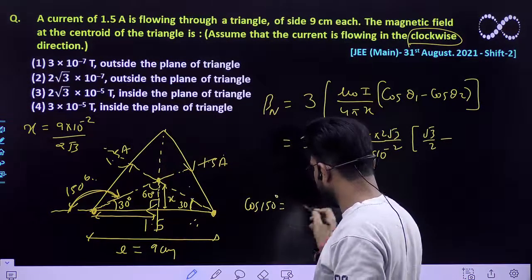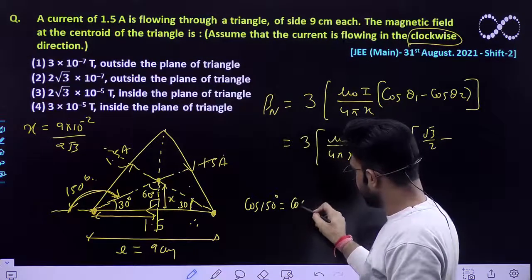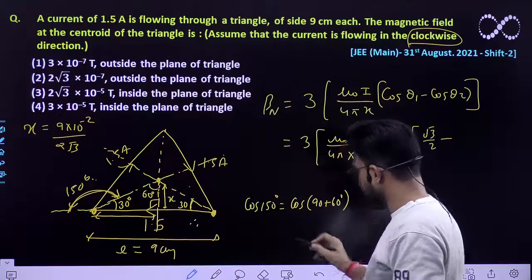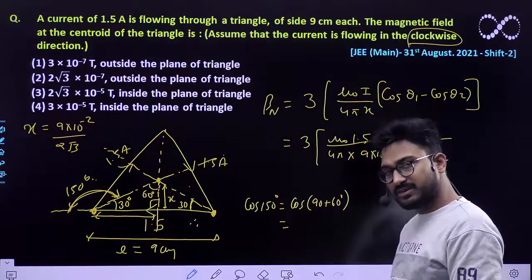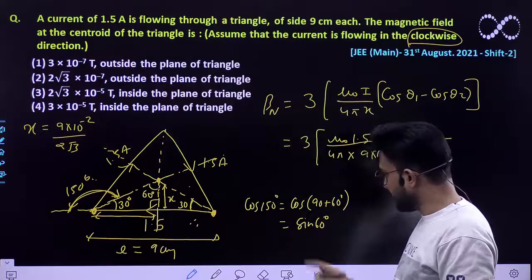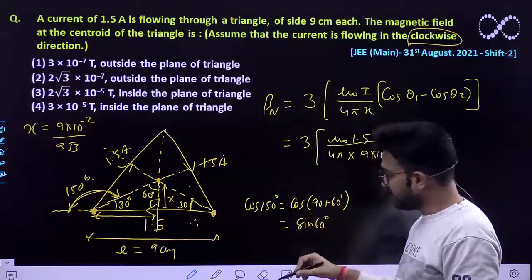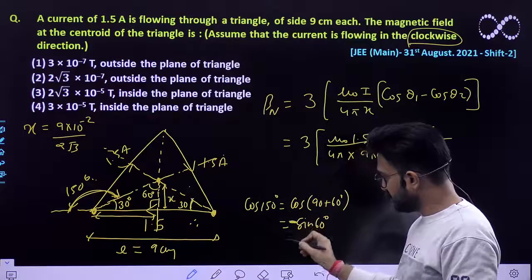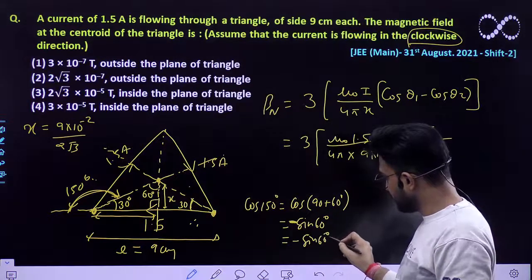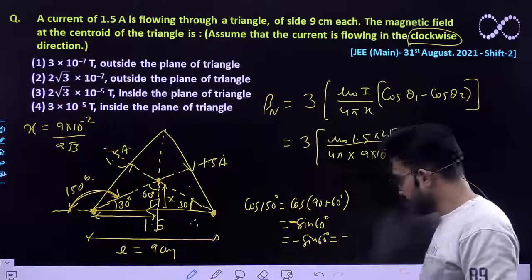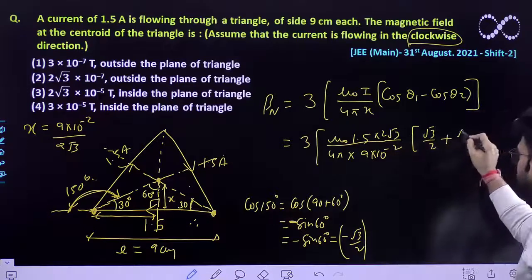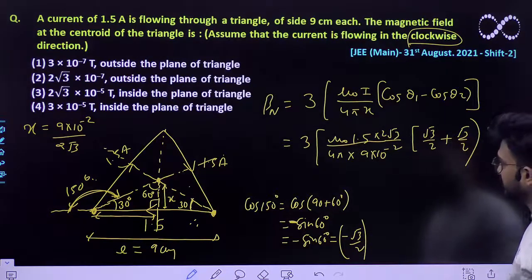It can easily be expressed as cos of 90 plus 60 degree. Okay, and cos of 90 plus theta must be equal to minus sin theta, which is sin 60 degree. Again this is in the second quadrant, where cos is negative, so it would be equal to minus sin 60 degree. So we'll be putting this value as minus, what is sin 60 degree, which is again root 3 by 2. So you'll be getting minus minus, plus root 3 by 2 as your final answer.